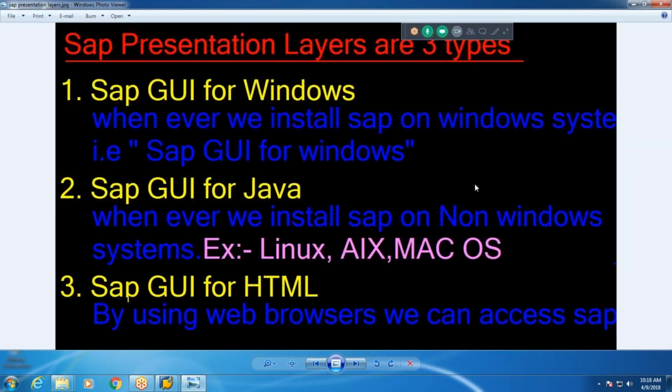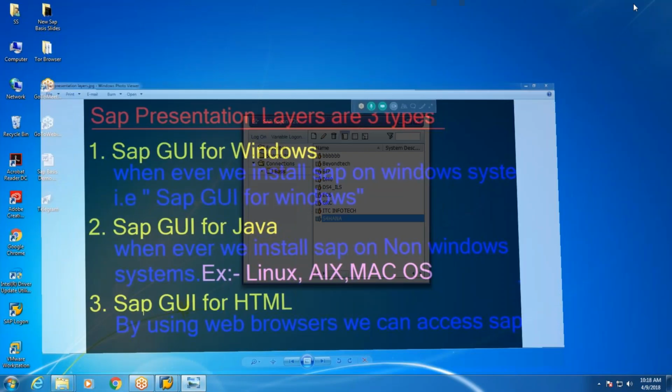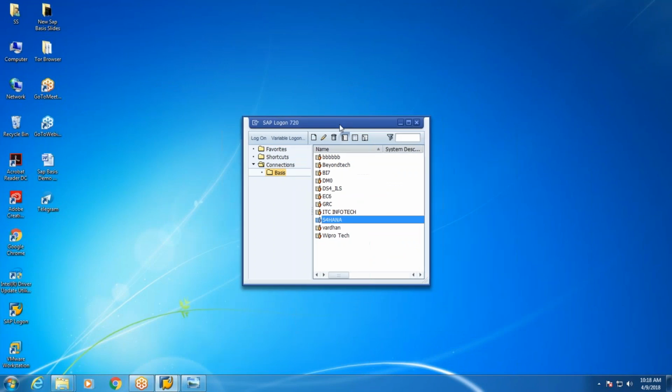SAP presentation layers are actually three types: SAP GUI for Windows, SAP GUI for Java, and SAP GUI for HTML. So we have three types of logon pads. The first one is SAP GUI for Windows. It means whenever we install SAP on Windows supported platforms like Windows 2003 server, Windows 2008 server, Windows 2012 server, in that situation, whenever we click on SAP Logon,